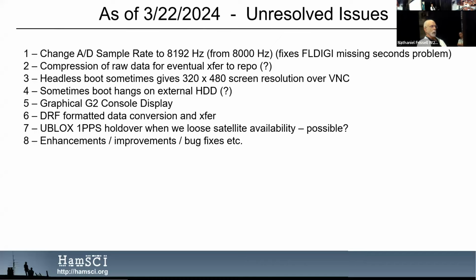But one of the things that Bill discovered is why FLDigi skips seconds during the course of the day, typically 20 to 25 seconds. What's going on is that the A to D is giving FLDigi 8 kilohertz, or 8,000 samples per second. But the math that's being used in the filter requires 8192 samples per second. So every second we have to steal 192 samples from the previous second. If you do the math, about every 42 seconds, that adds up to a full second,